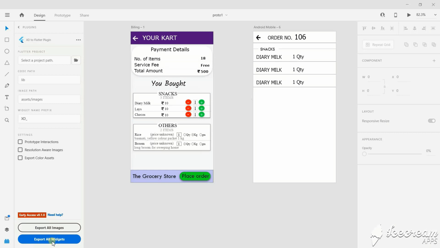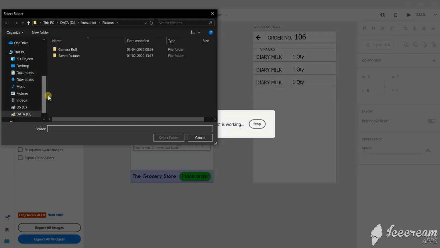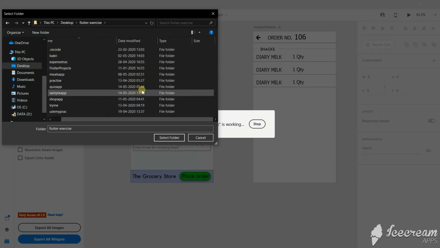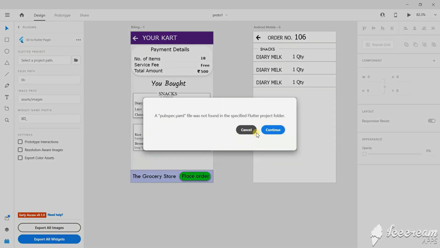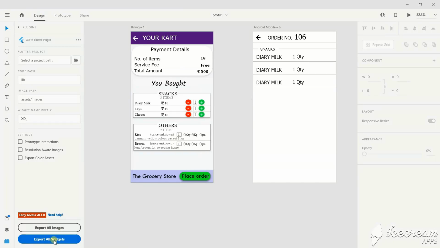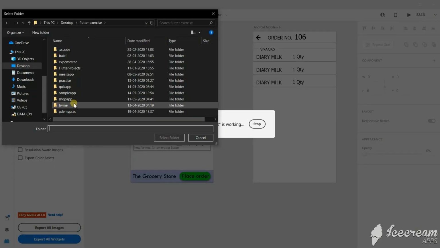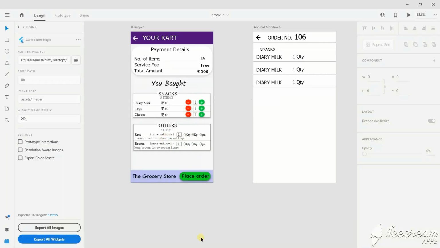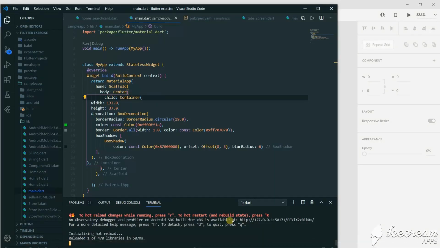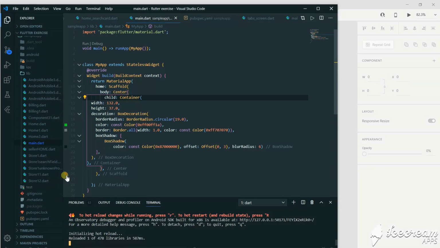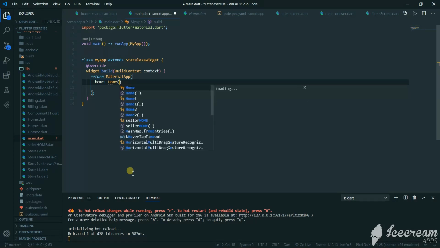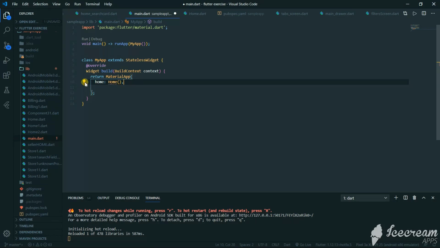So we can click on this export all widgets option there and we'll open a Flutter code folder and we'll select the folder there. So now we'll, oops, I have selected the wrong folder. We have to just select the folder and click on select. Now we'll go to the VS Code and we'll see if the code has been imported. So yeah, all the dart files have been created. Now we could directly run the app. Let's see how the app looks.